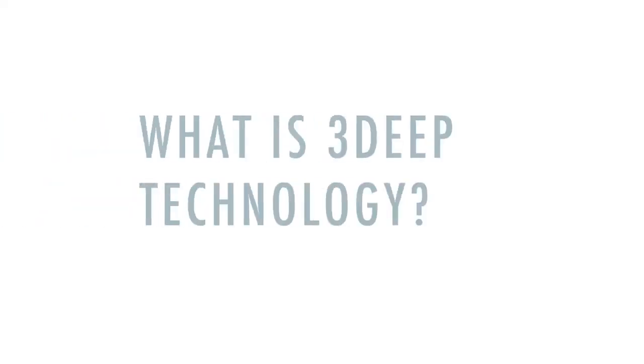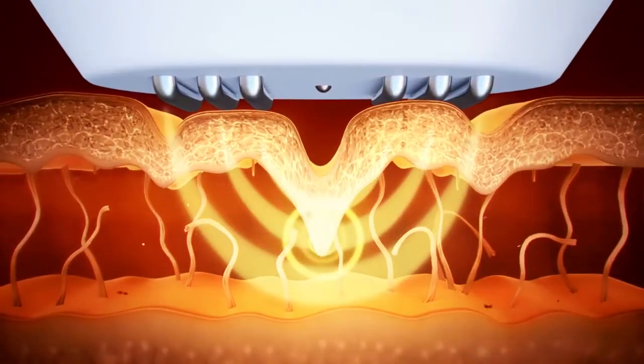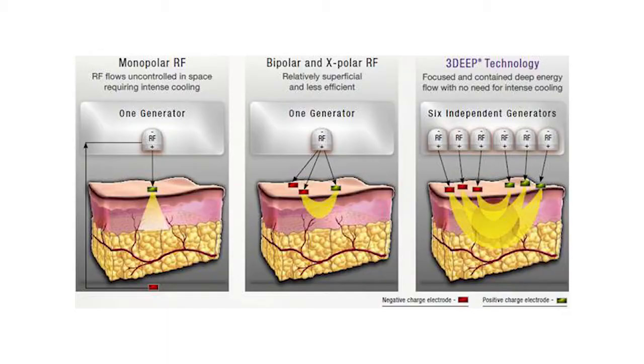What makes the Newa unique from other radiofrequency machines is that it uses a 3-deep technology. It delivers focused and controlled energy 3 layers deep into the dermis, and it reaches temperatures of 52 degrees Celsius deep into the dermis, which boosts collagen production. However, the external temperature on the skin is only 40 degrees Celsius, which makes it a very pleasant treatment with no damage to the skin. It almost feels like a hot stone massage, so it's super relaxing,